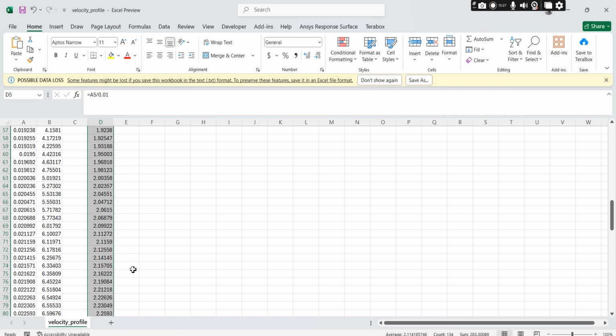It will give a proper velocity field. So you can see the values are not larger than 1.2,